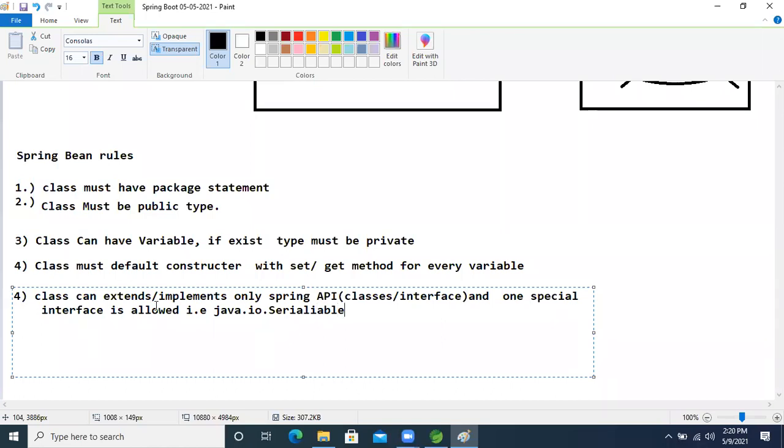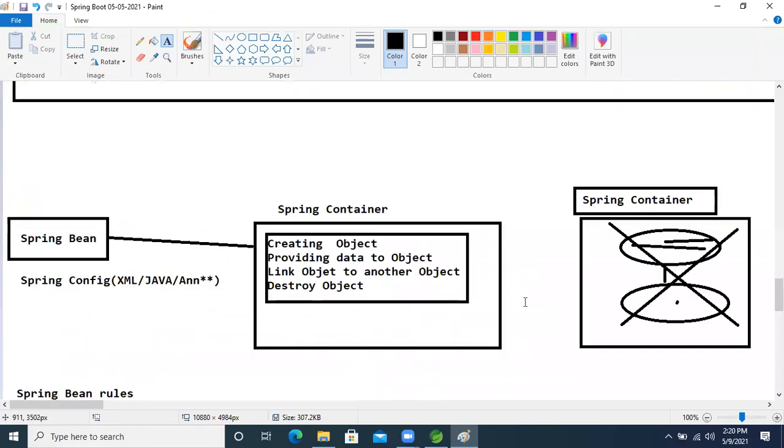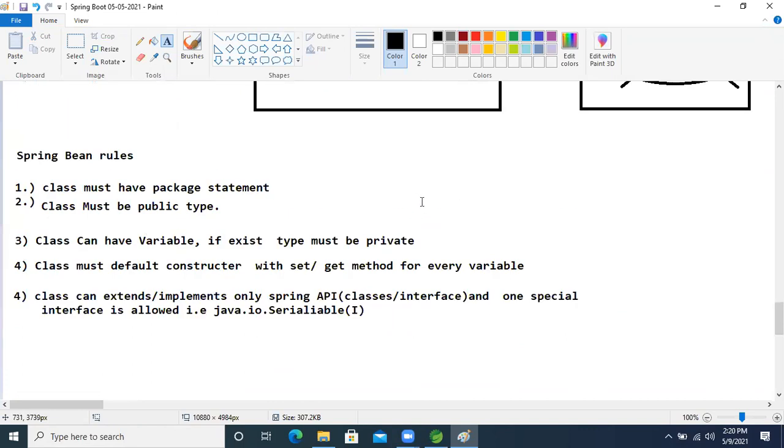We can implement the Serializable interface, that's it; except that, this is the interface only. If we follow these rules, then we can call our Java class a bean class, which will be accepted by the Spring container.